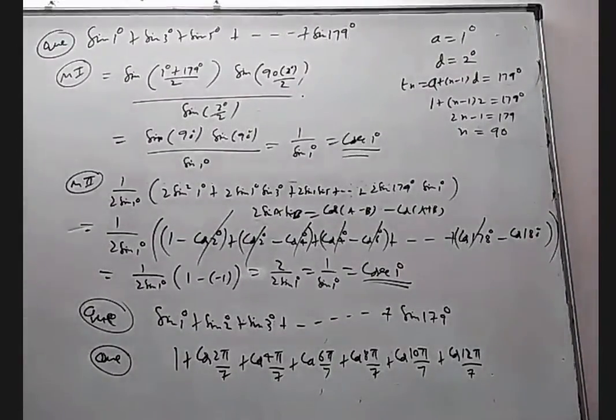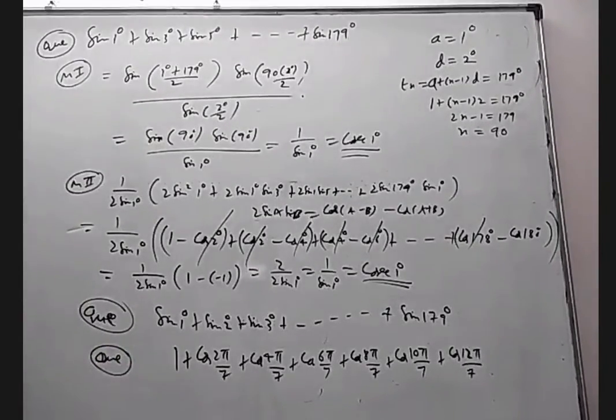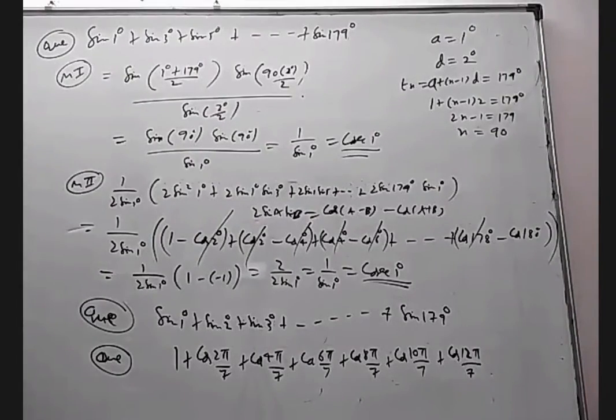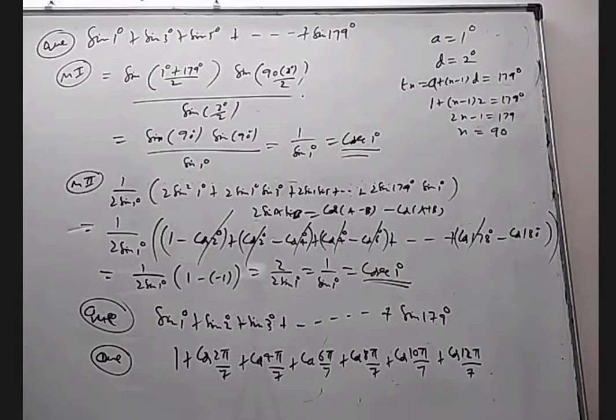Excuse me, sir. Yes, please. Sir, the question you gave, the second question, two questions. First question, yes, sir. Sir, the n is a doubt, sir. N means number of terms, 179 only, we should take? Yeah, number of terms is 179. Okay. Yes, straight away. So then I got the answer.